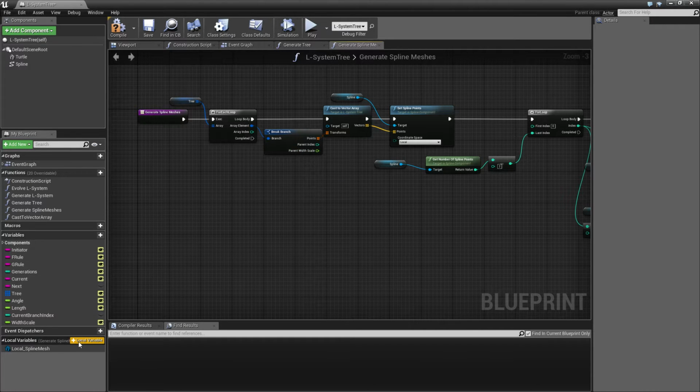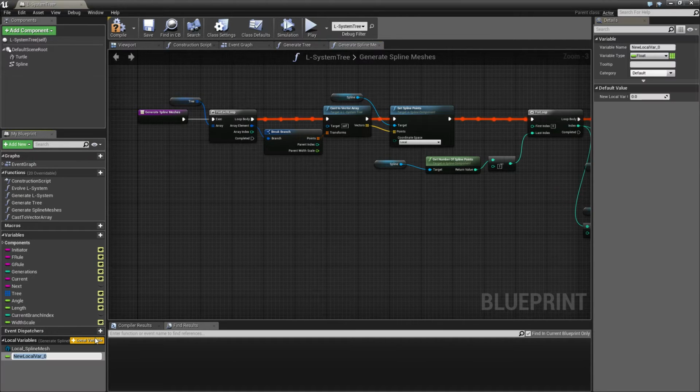So I actually need a way of keeping that value as well in here. So I'm going to create also a local width scale here, which in this case I'm going to set like this. So that means that for every time we loop